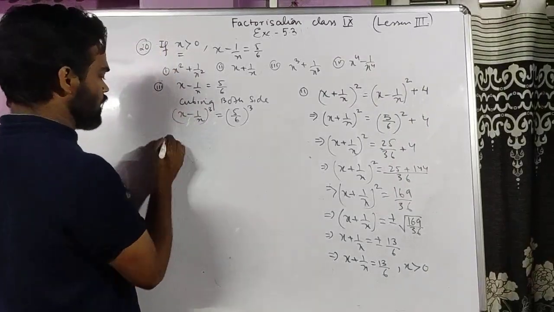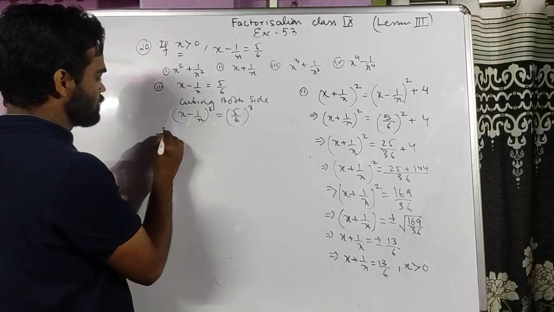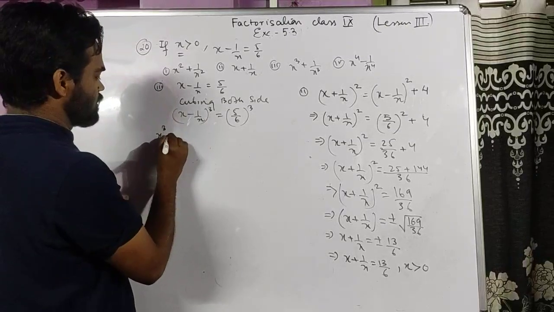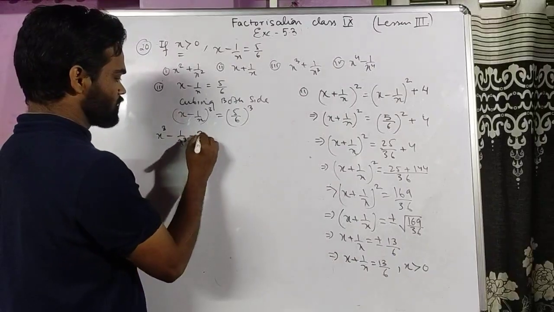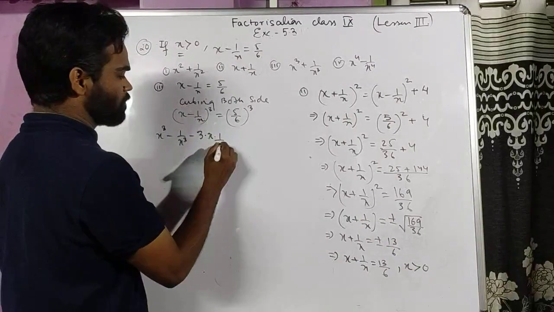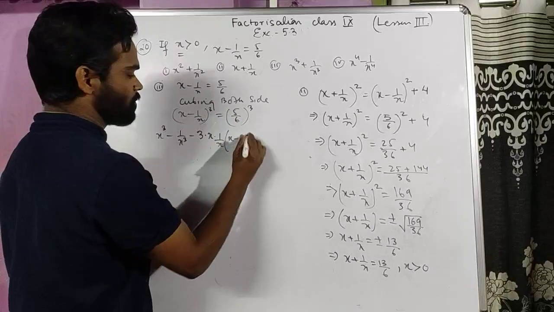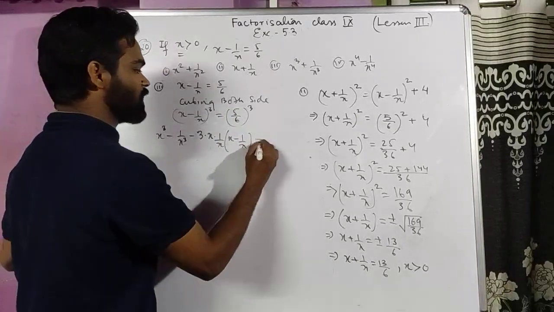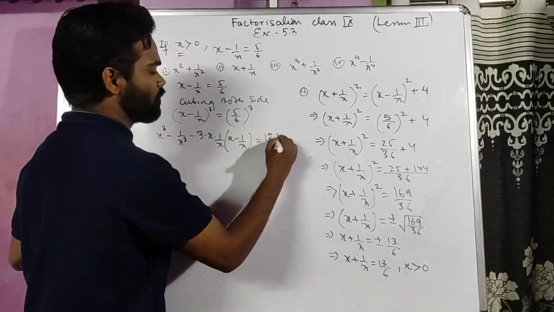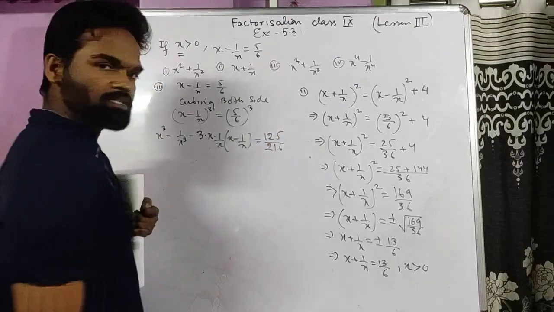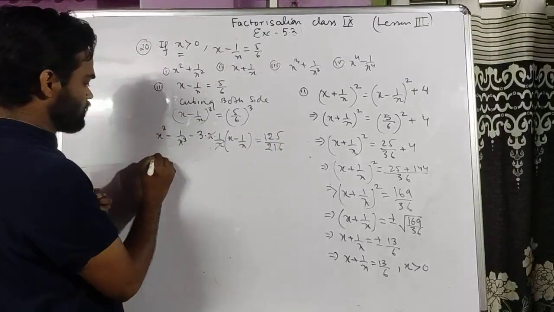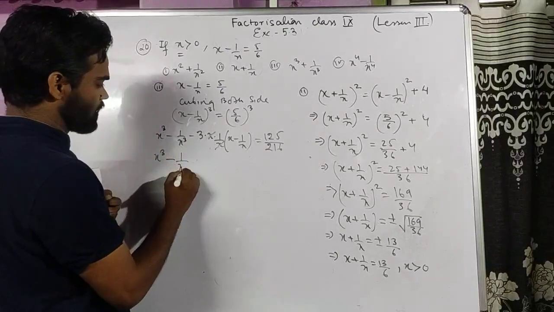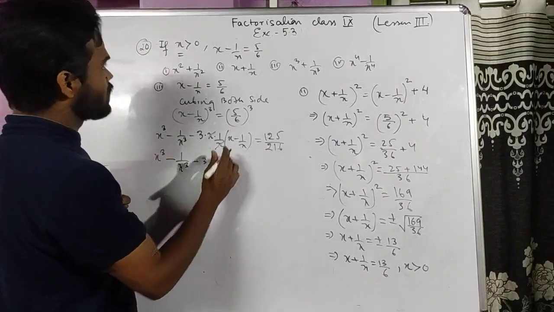So this we know how to expand. a cube minus b cube minus 3ab, a minus b. Remember the formula from expansion? 5 cube is 125 and this is 216. Now this and this cancel out, which means x cube minus 1 by x cube minus 3, and this we